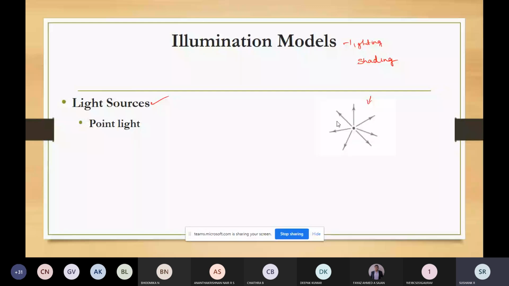See, this point light is the simplest model for an object that is emitting radiant energy with a single color. That color is specified with the RGB component. So, how do we define a point source for a scene? We define a point source for a scene by giving its position and the color that it is emitting.